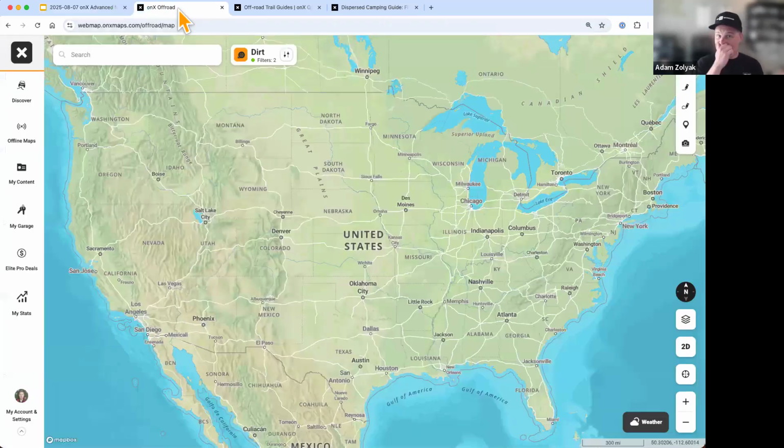Now, I'm going to start here in onX Web. I'm just in a web browser. You can do this on your iPhone, your Android phone, your iPad, your Android tablet, CarPlay, Android Auto. There's so many places you can use onX. I'm going to show you web because this is often where I start planning and dreaming about trips. And then when I'm out there in the field, I use my iPhone or a tablet or something like that, and I hook it up to